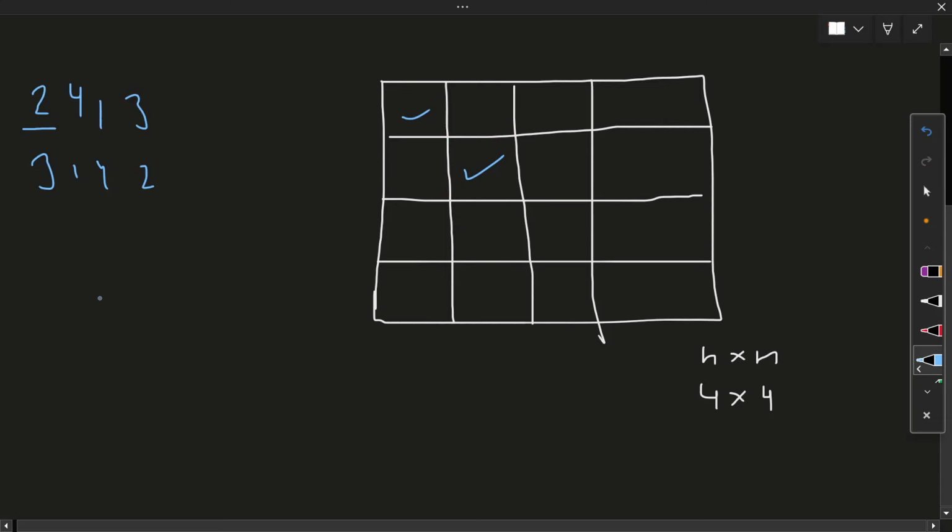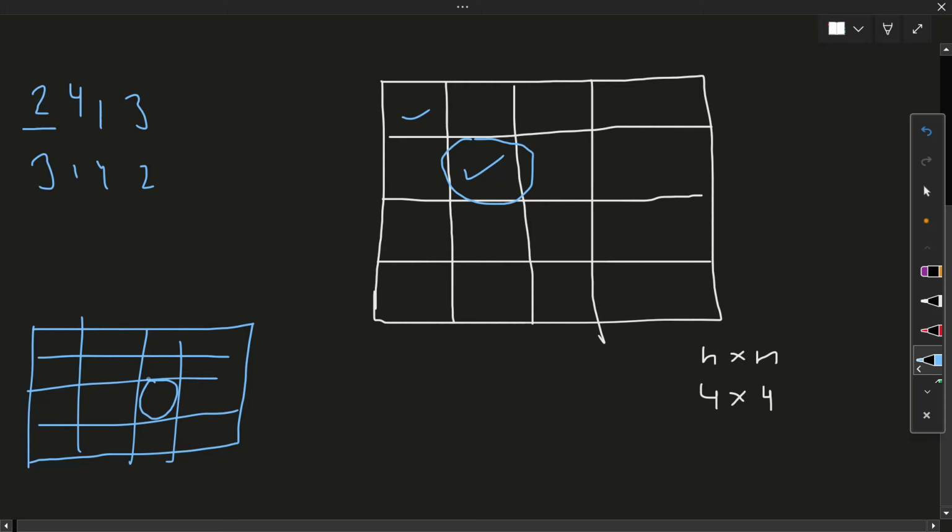So how do we check if this is a safe state or not? We have to find whether the current ij state is safe or not. On this index, we want to place a queen. So we don't want any queen here, and we don't want any queen here, and we don't want any queen here also,